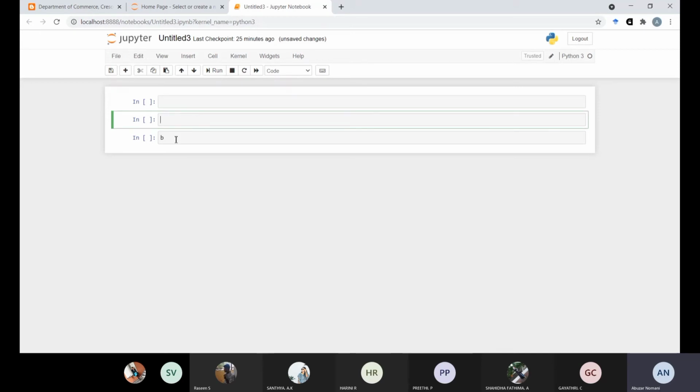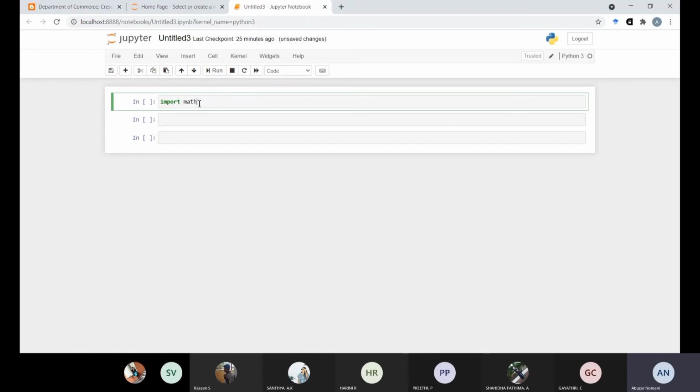And for that we are going to do something. Suppose you have given any command, suppose import math. Import math means all the items related to mathematics I want to import into my Jupyter notebook.